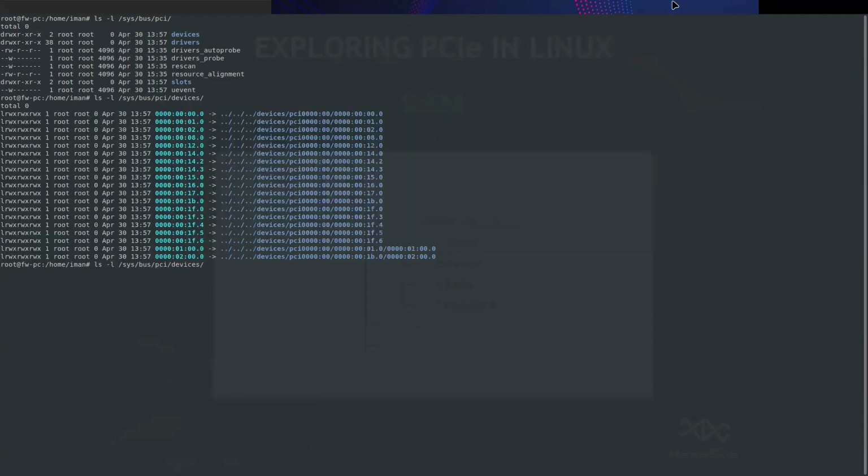If I go inside any of them, for example, the first device is this one, the device on bus 0, device 1, function 0. Each device can provide different functions, but most devices provide one function. If you see one device number with different functions, it's a multi-function device that you may have in your design.